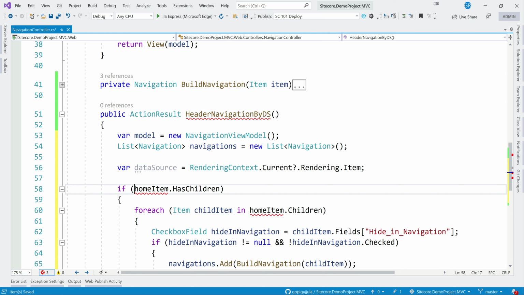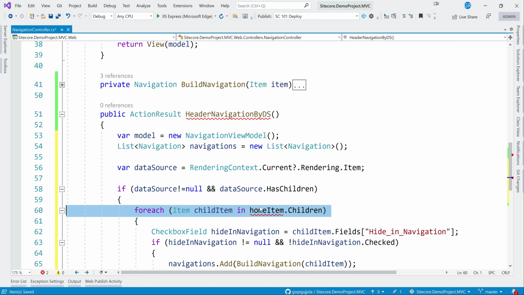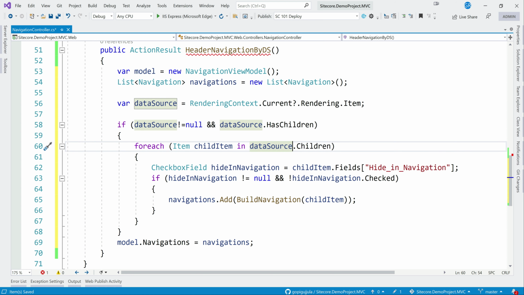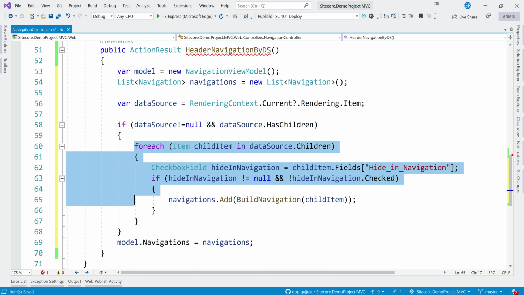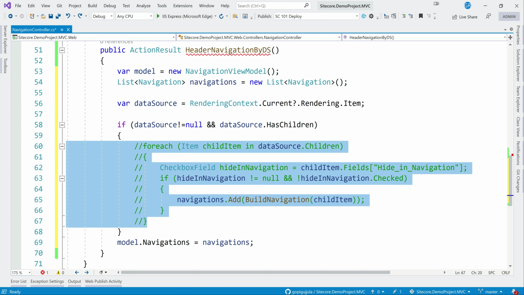So I'm going to put not equal to null, and data source equal to has children, and has children, but obviously hidden navigation is not present in this. What I will do is, okay, just let me comment this part.